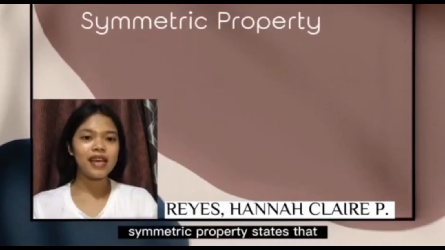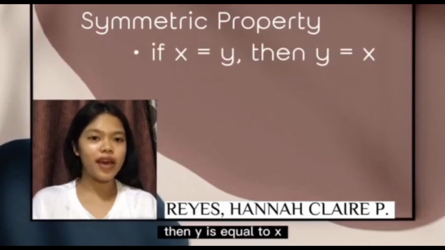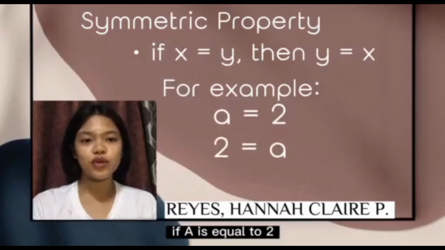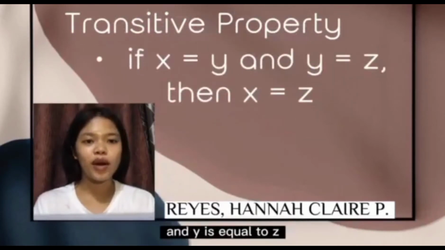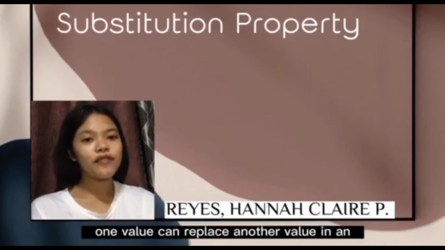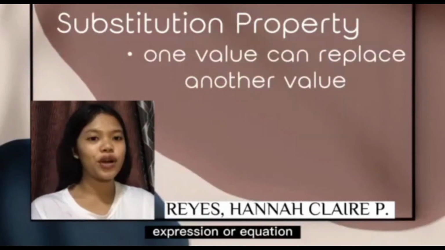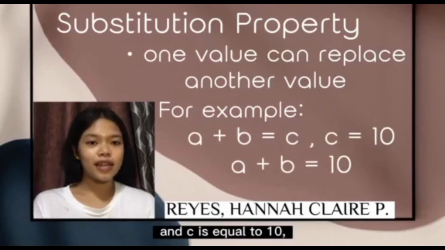Symmetric property states that for all real numbers x and y, if x is equal to y, then y is equal to x. For example, if a is equal to 2, then 2 is equal to a. Transitive property is if x is equal to y and y is equal to z, then x is equal to z. Substitution property states that one value can replace another value in an expression or equation. For example, if a plus b is equal to c and c is equal to 10, then a plus b